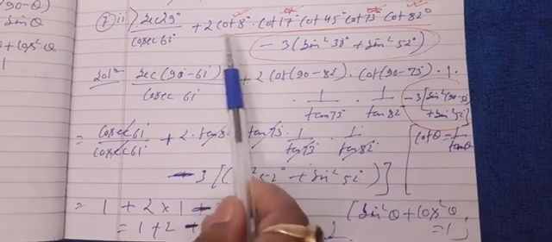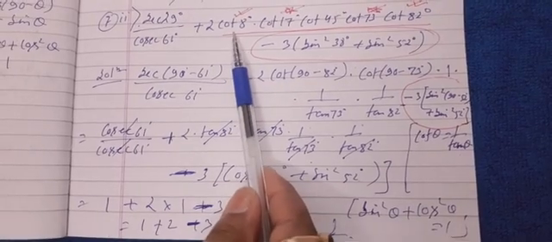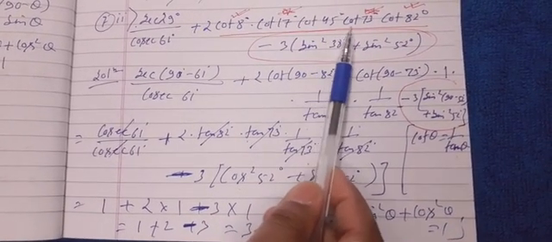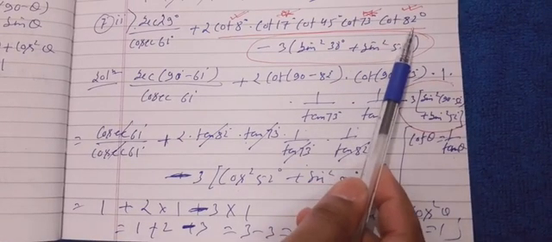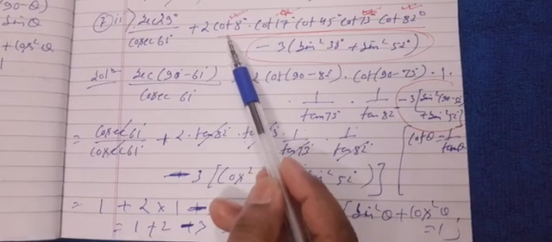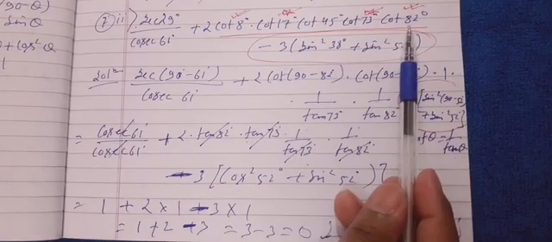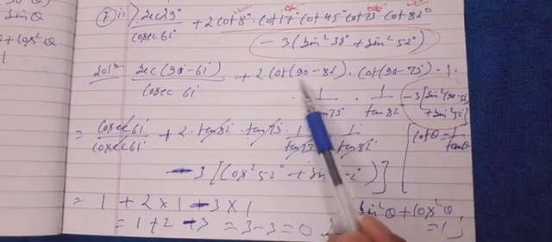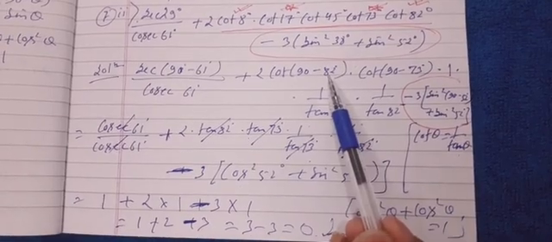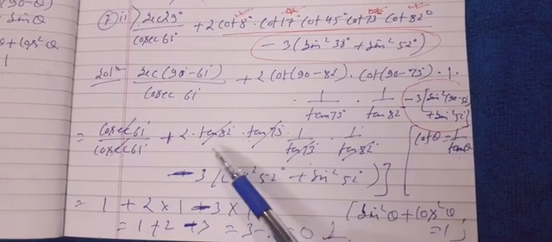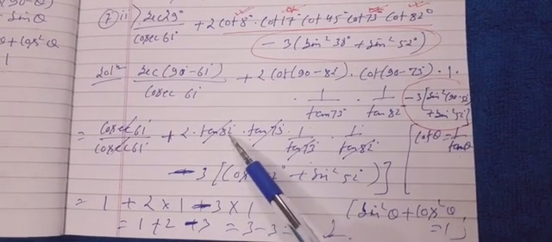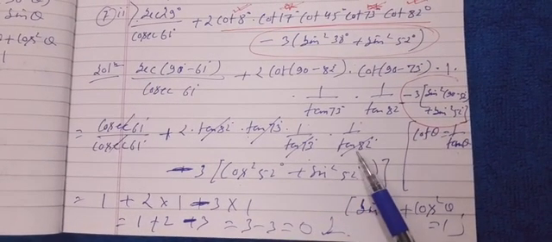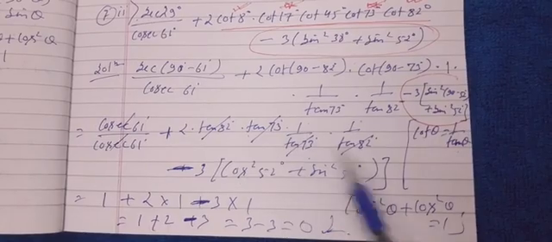After that, we saw that here is cot 8 degree, cot 17 degree, cot 45 degree, cot 73 degree, cot 82 degree. You can see that cot 8 degree can be cancelled by cot 82 degree. How? For that I have written cot 90 minus 82. Then after that line it changed into tan 82 degree, and on that side cot 82 degree can be written as 1 by tan 82 degree. So these both are cancelled.